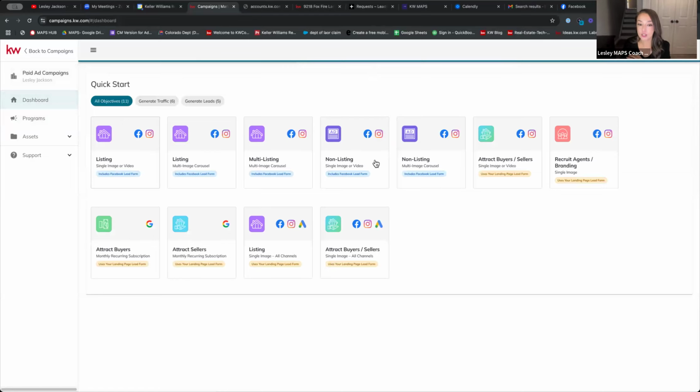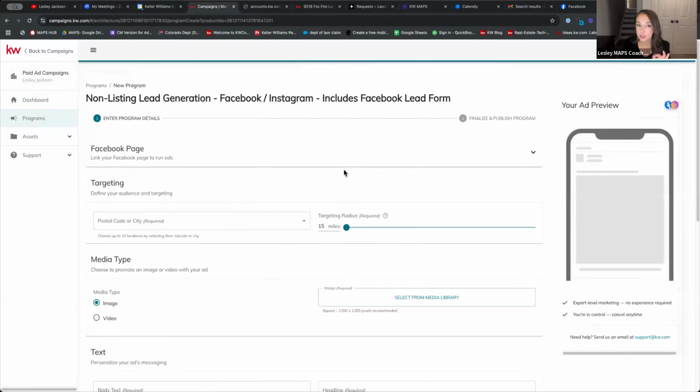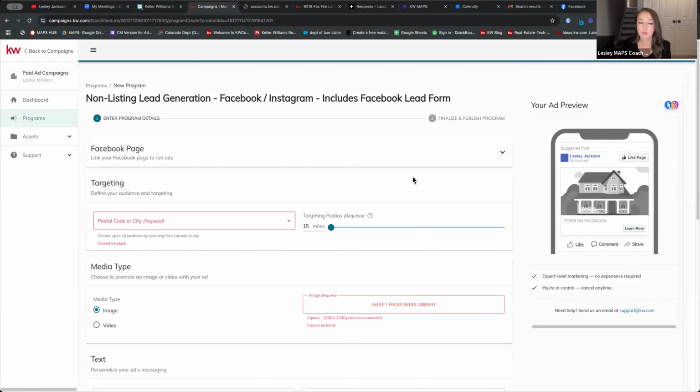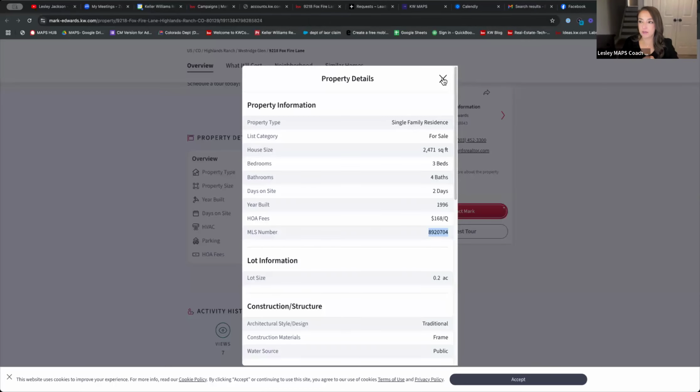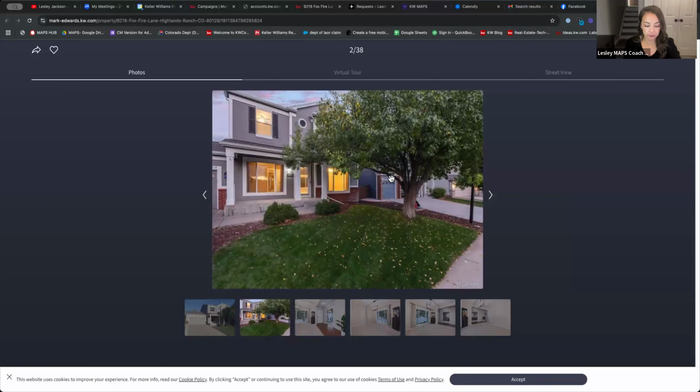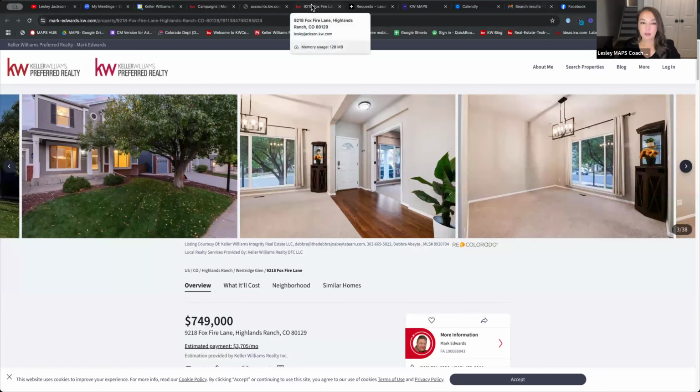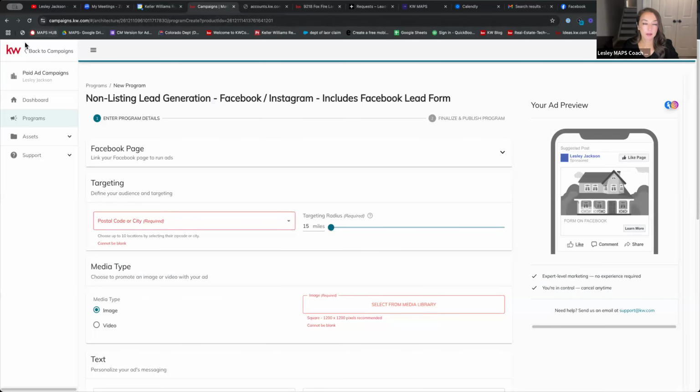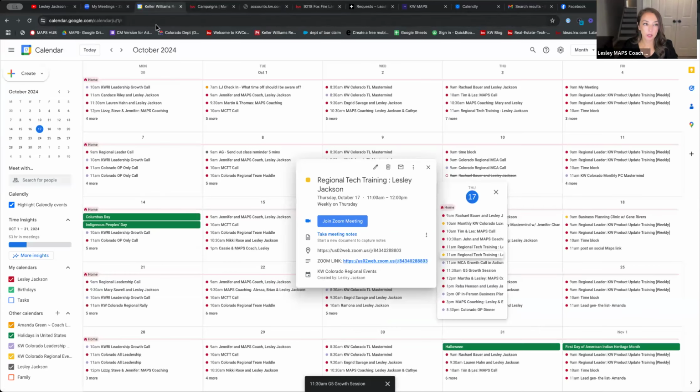All right, so you're going to head to the programs and choose this non-listing. Now, don't worry, it's still going to be your listing, but this is also a hack. Okay. So when we head back to 9218 Firefox Lane, what I can do is grab this photo and we're going to upload this to our design inside command. So I'm going to head back. We're going to pull up our